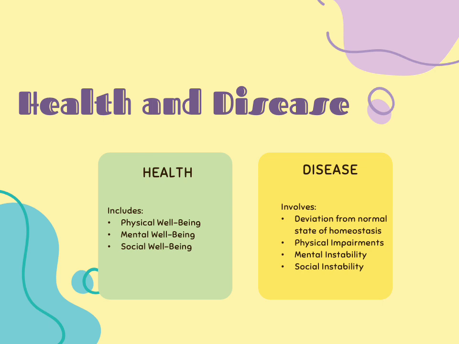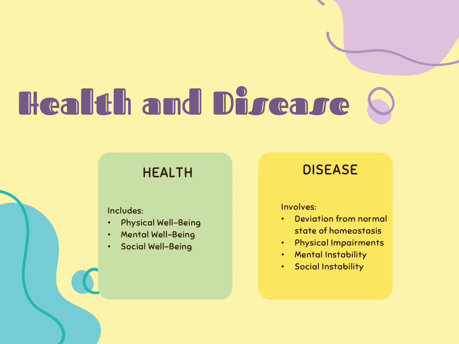So what I like to talk about in health is, what does that include? Well, it does include physical well-being, mental well-being, social well-being. And as we know, if any one of these areas are off, then illness can pursue. We do have social illness, we do have mental illness, and of course we have physical illness. So health is a state of balance in all three of these areas, whereas when we have disease, we have